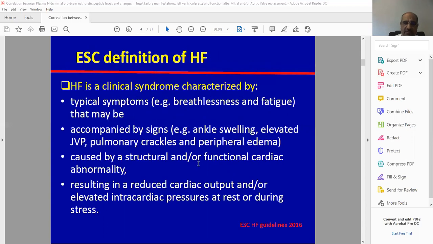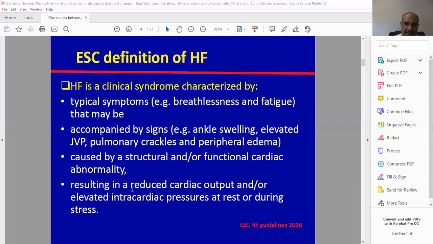Then the well-formed definition was reached in the 2016 ESC heart failure guidelines, when they defined heart failure as a clinical syndrome characterized by symptoms of volume overload, breathlessness, and low output fatigue, accompanied by signs of volume overload, namely ankle edema, elevated JVP, pulmonary crackles, and peripheral edema, caused by structural and/or functional cardiac abnormality. So they included the cause in the definition,